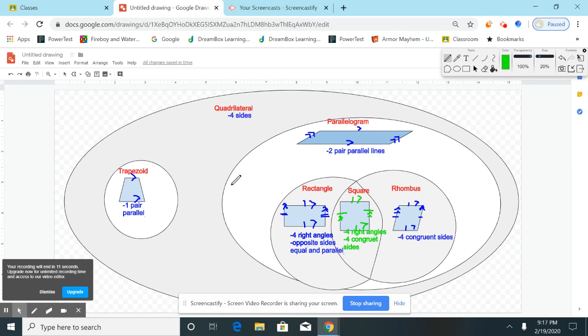This is your quadrilateral Venn diagram. So you can tell very easily what everything is. A rectangle is a parallelogram, and they're all quadrilaterals. A trapezoid is a quadrilateral, but that's it. A square